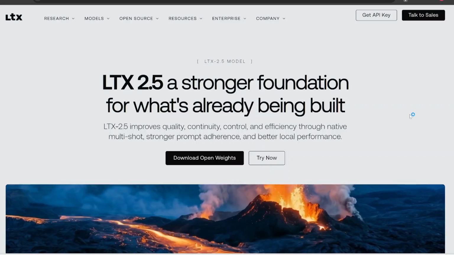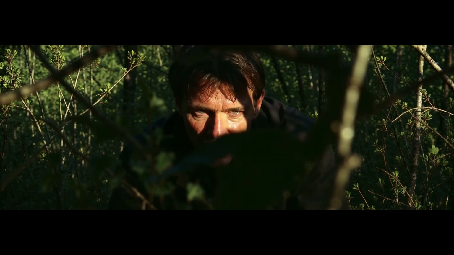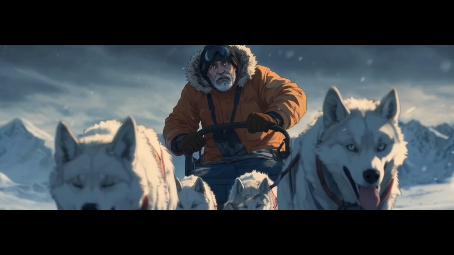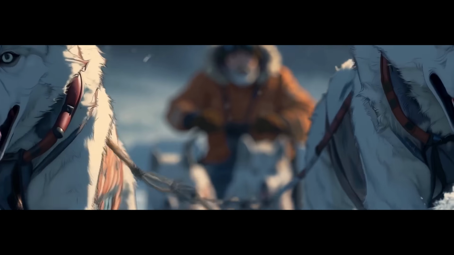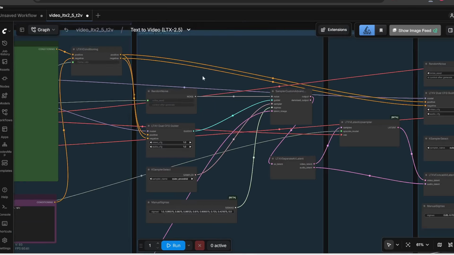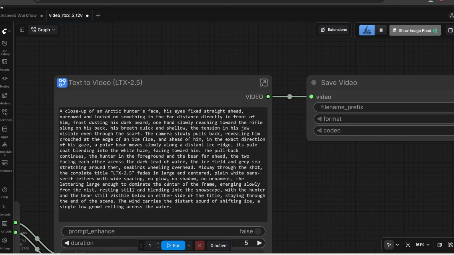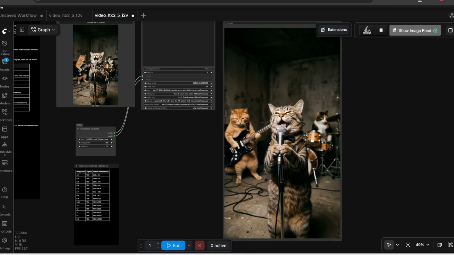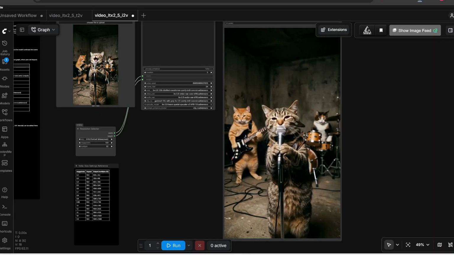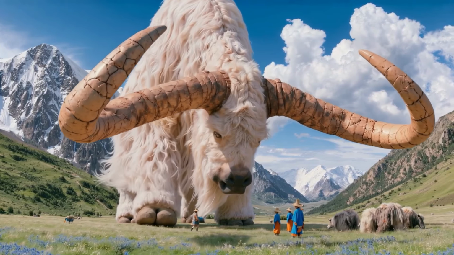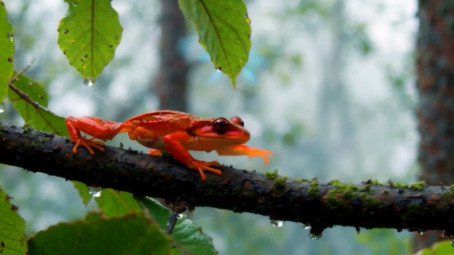LTX 2.5 just came out, and this is the fastest open source model you can use right now. In this video, we're going to go over its specs and new features, plus of course I'm going to show you how to install it on your computer so you can use it for free and unlimited times offline. Let's jump right in. Now, this is an improvement over their previous LTX 2.3 model, so let's go over some